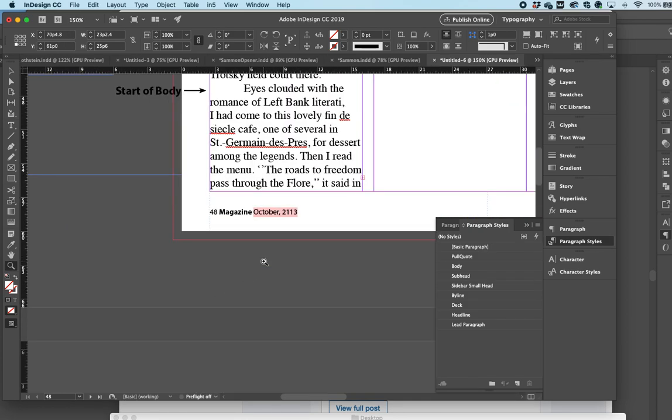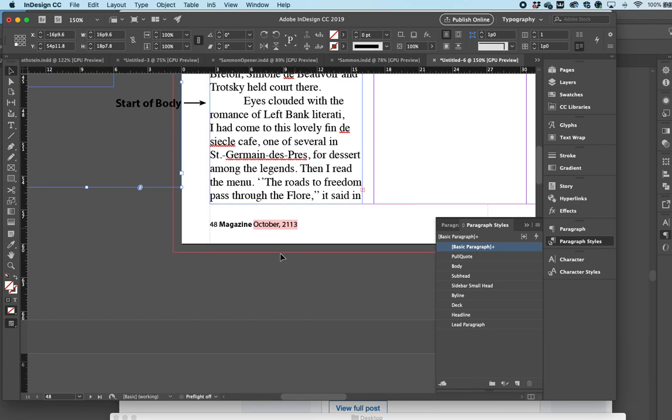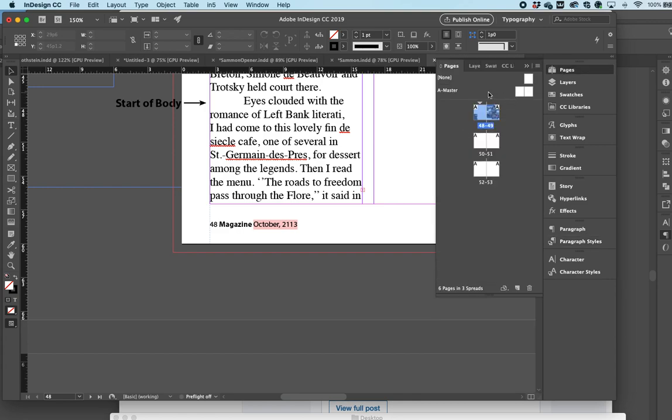So that pink indicates that I am missing that font. It is somewhere else. And where it is, if I click on this text frame, I can select it. If I click on this thing, I can select it. But this folio I cannot select,